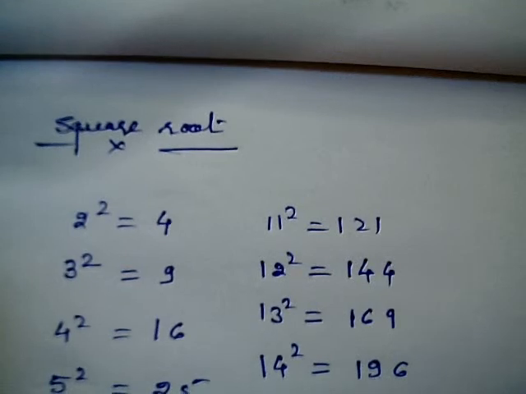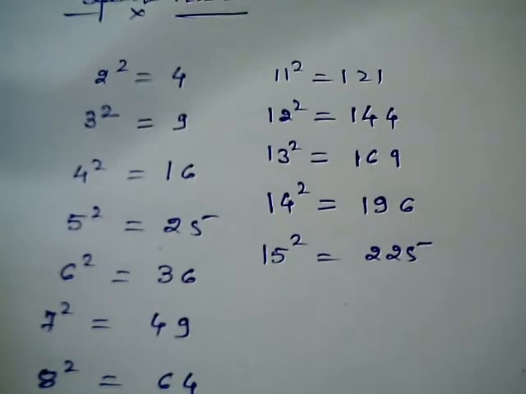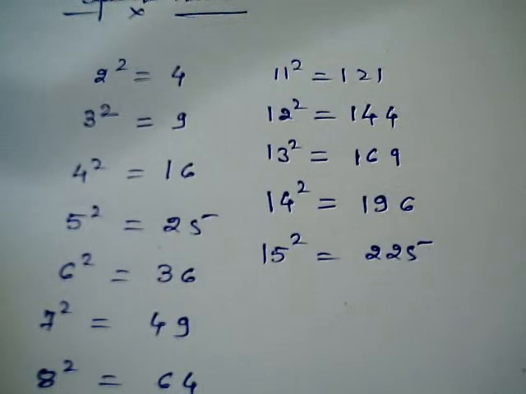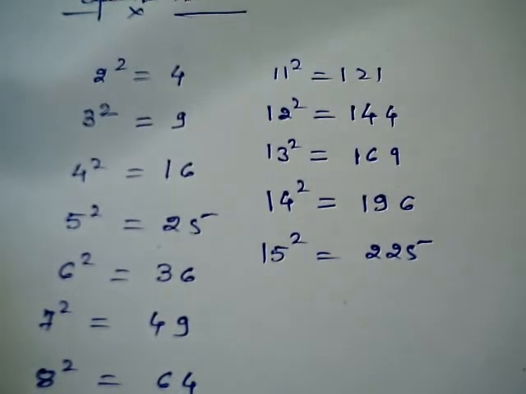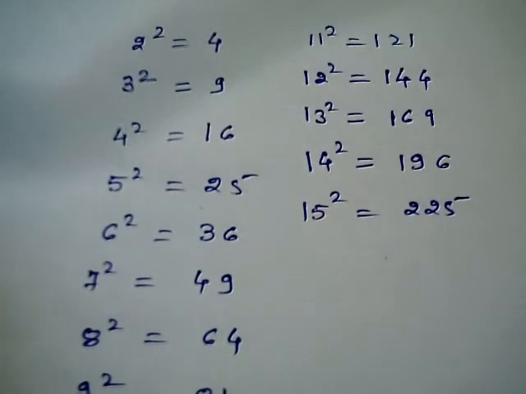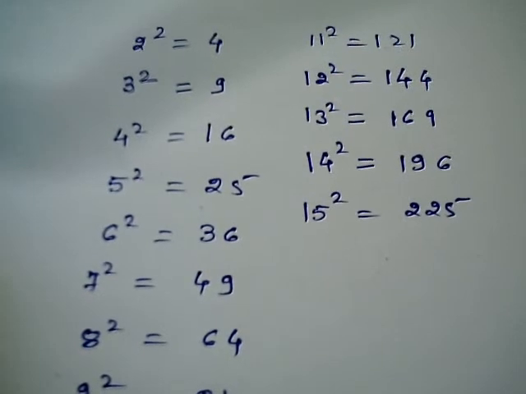So these are the numbers I have written to get the idea fast before starting the square root. Just memorize them. Not memorize like you need to brainwash, it's not a kind of brainwash activity. If I am doing the square of some number, just keep in mind the squares till 25. Then the calculation will be fast.